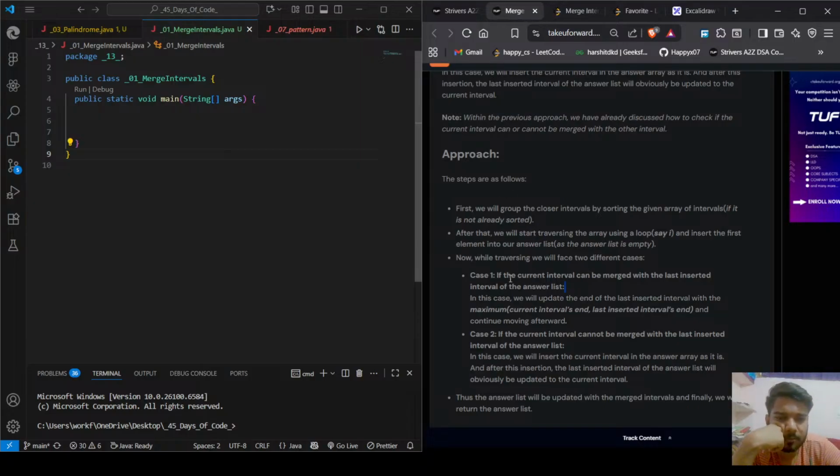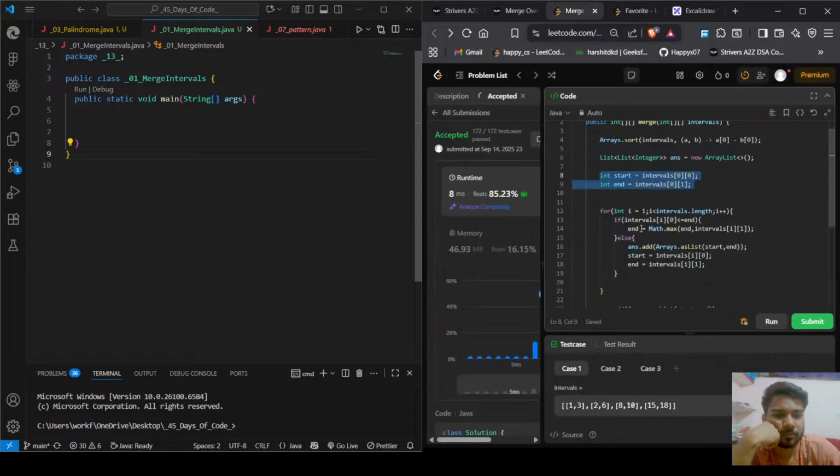If the current interval can be merged, in this case, we will update the end of the last inserted interval with the maximum. Okay, it is incorrectly started. It is sorted and we will do